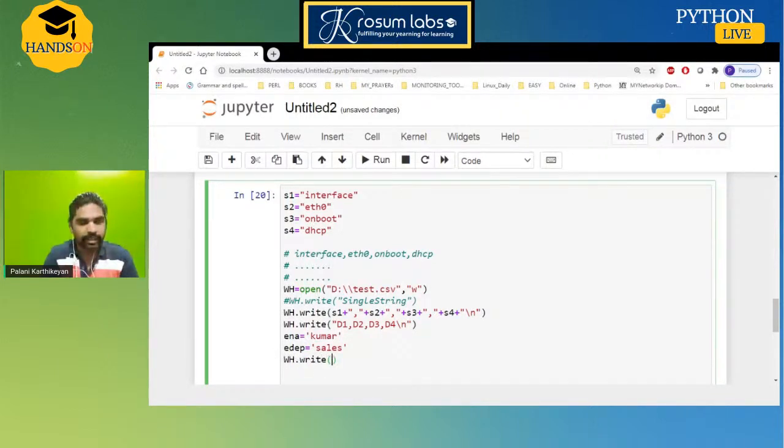So write name followed by comma plus department followed by comma, then ID, something number, then place, city name. Or like this, you can add n number of data followed by. So each is separated, we have to use comma. Here I have to use comma because I want to use comma separated values. E name, EDP, it's a variable I put directly.